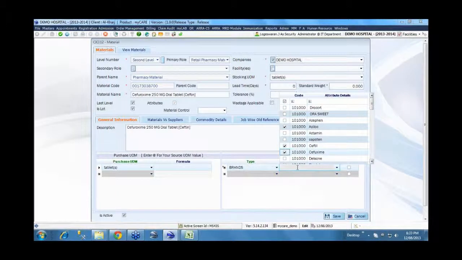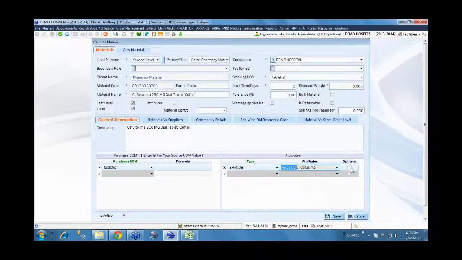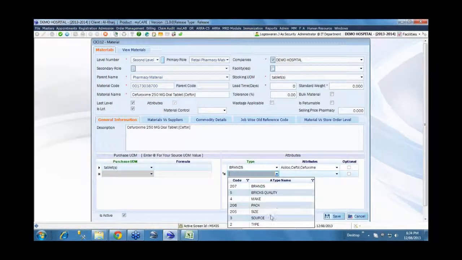In this case, I am saying this particular item has 3 brands, and whether it's optional or mandatory. When it's mandatory, every time you choose this particular item, the system will ask what the brand associated with it is. So you can decide whether you want to create a separate item code for each brand, or instead define it by the generic and have the different brands supported for this generic as a separate attribute. Similarly, for a catheter, you can specify size as an attribute apart from the brand and the manufacturer. Like this, we can have n number of attributes associated with a particular item code.